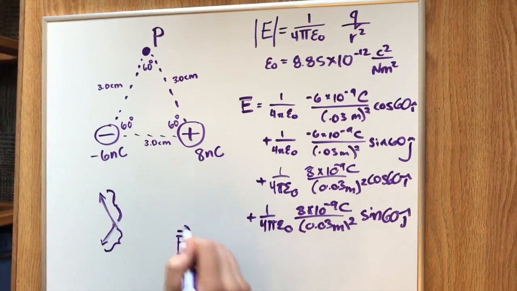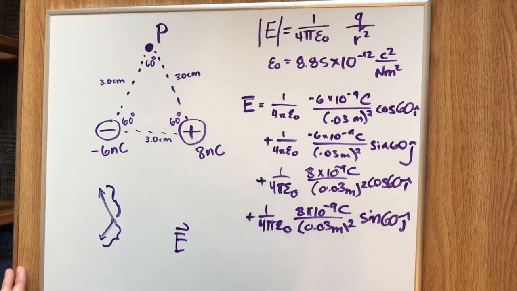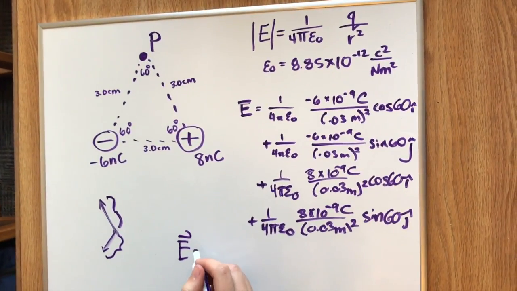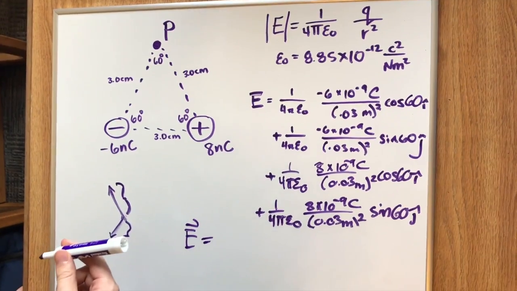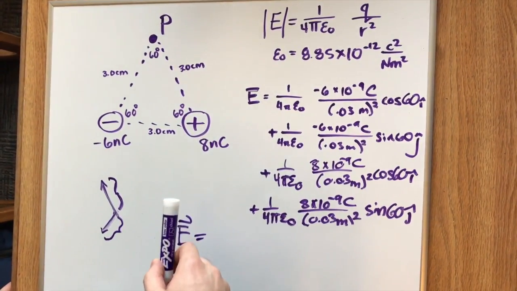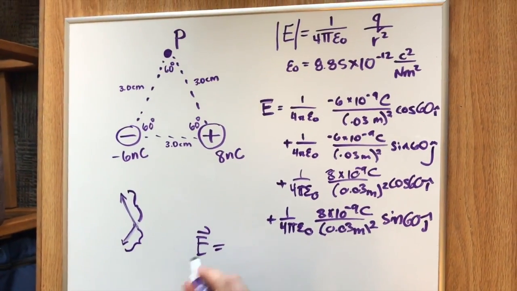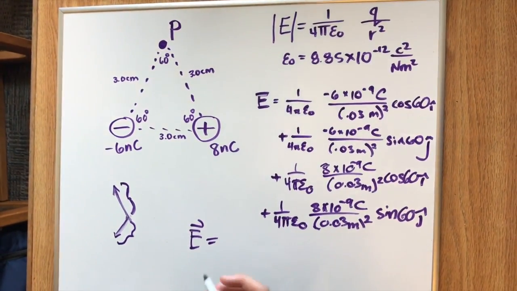When you add up all of the i and j components in order to find the final electric field vector, keeping in mind that anything to the left would be negative on the i hat and anything downward would be negative on the j hat,